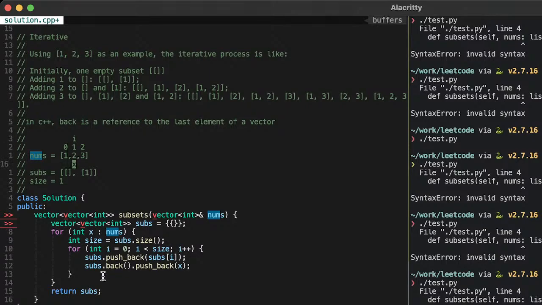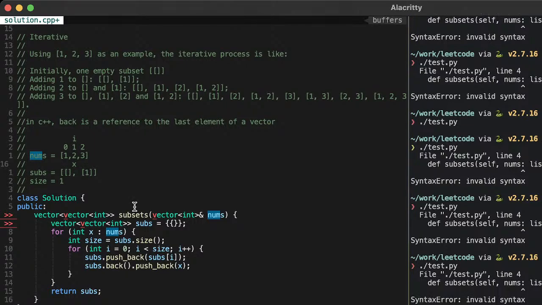We increment x. And size equals subset size. Okay, so this is 2. Let's just check. Len 2. Okay. So now size is 2. And now what?